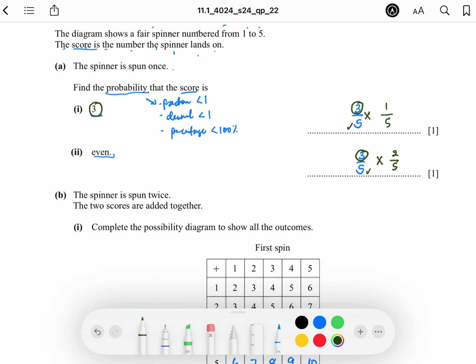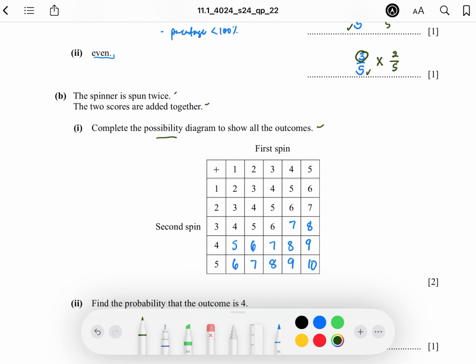Now the spinner is spun twice. The scores are added together. Complete the possibility diagram to show all the outcomes. So this is called the possibility diagram. Now, when you want to fill in the empty spaces and you do not know what to do, we can look at the existing numbers that are given. So for example, here 2. Why does this space here